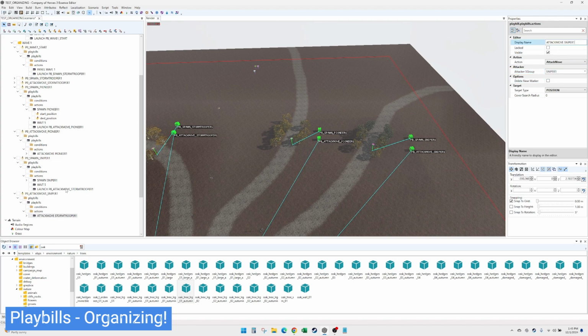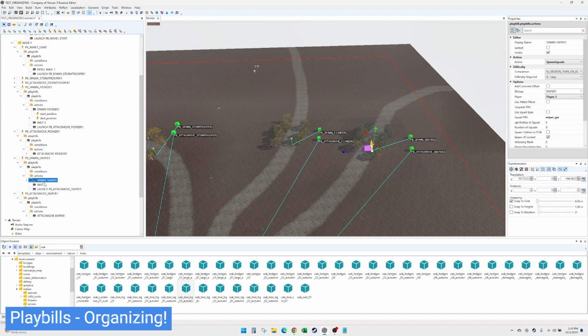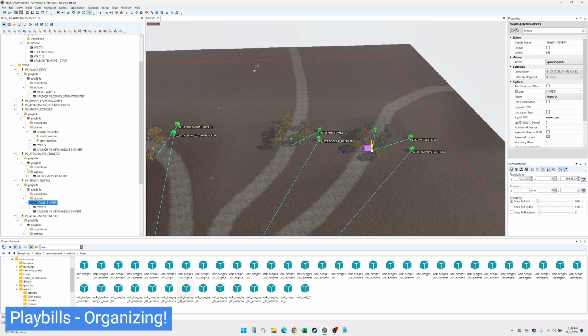Right? So it's all the same stuff. I'm just changing the names. That's all I'm doing. Right? This one has to be attack move Sniper 1. Right? So, what do we got? So, we got